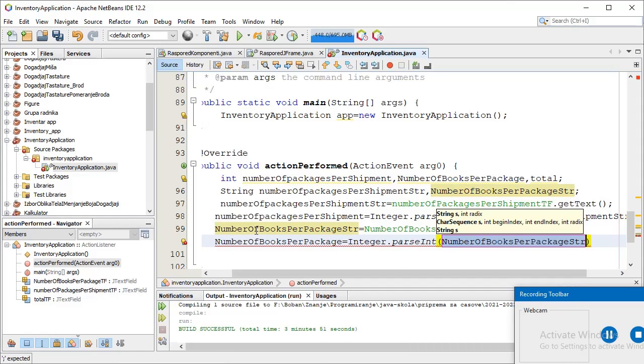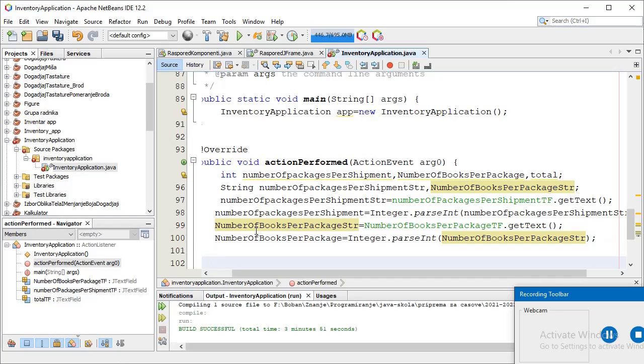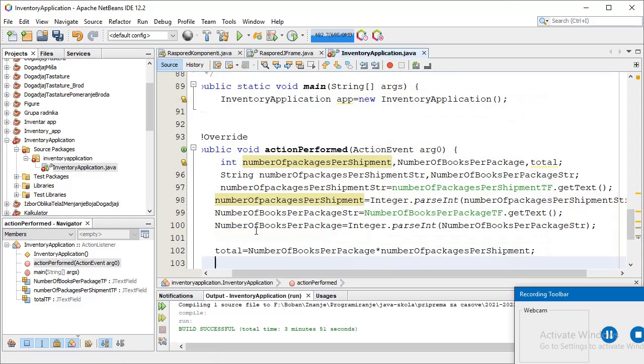I will call the parseInt method a second time. That's it. Now I will calculate to get the result. I will multiply the two variables got in the previous step. That's it. In the third text field I will set text and I will show the user that result.